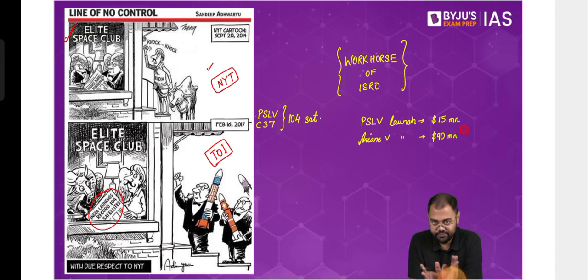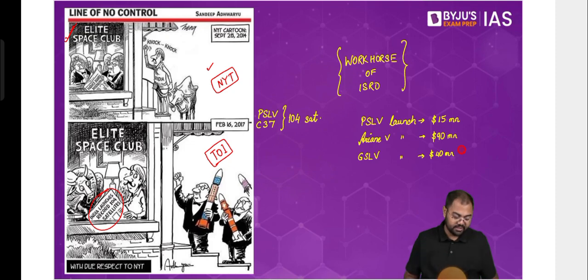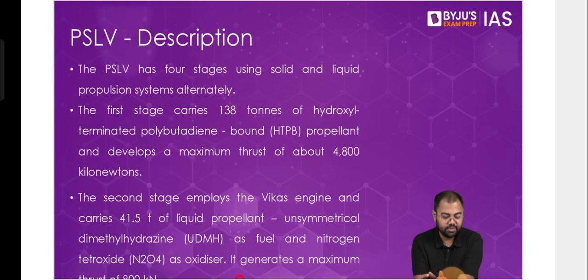So that's why the launch cost of the Western launches have been much higher compared to PSLV or even GSLV launch. Generally speaking, a normal GSLV communication satellite launch costs almost $40 million. So overall, the launches that we have been doing have been far cheaper as compared to the launches done by others. So that's why all these are also a part of the success story of ISRO and also of PSLV. So what exactly does PSLV look like?